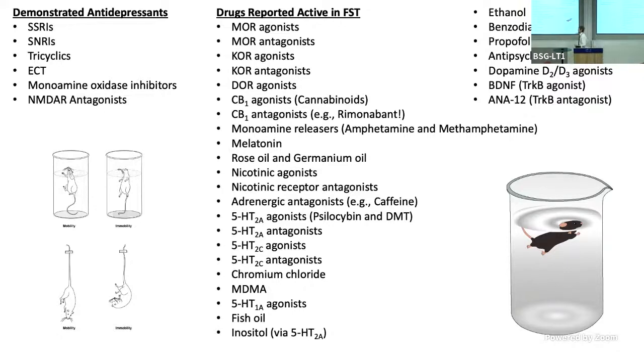But if you look in the literature, literally every other psychoactive drug you can think of has been shown to be active in the forced swim test. Not only that, there's no pharmacological consistency. It's a nightmare. You have agonists and antagonists at the same receptor, both being active in forced swim. To make it worse, in other cases, they block the action of other drugs in the forced swim. So you could almost come up with any hypothesis you want, just blindly pick two drugs, and you could use this test without question to support it.